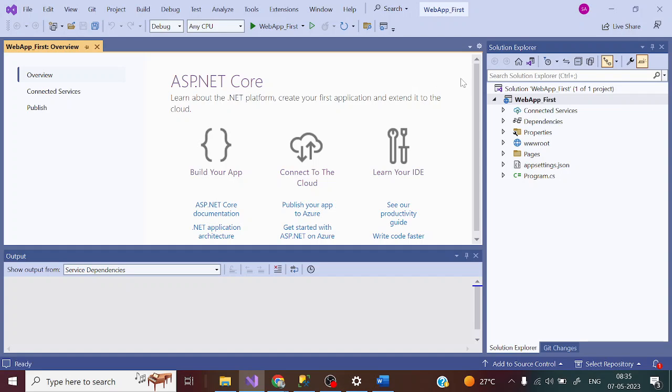So I have followed those steps, whatever the default we have. Here it has the default generated connected services and dependencies, properties, root, app pages, and app settings and program.cs. Okay. And one thing I am going to highlight here, I am using the .NET Core